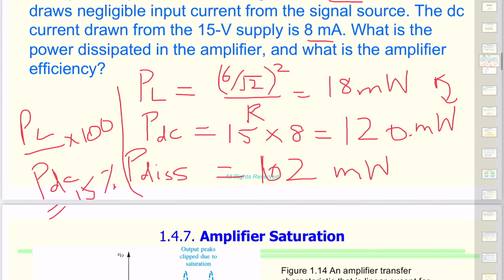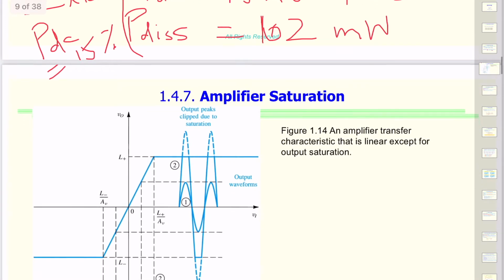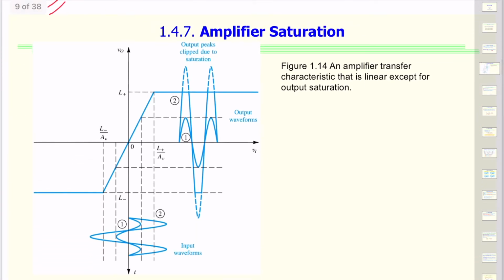Now, when you have limited input of DC voltage, how much can an amplifier amplify? Can it go infinite? There is a limit on the range of input and output voltages for an amplifier to follow the linear transfer characteristics. That linear part is what we are interested in, because if we go outside of that, the signal would get